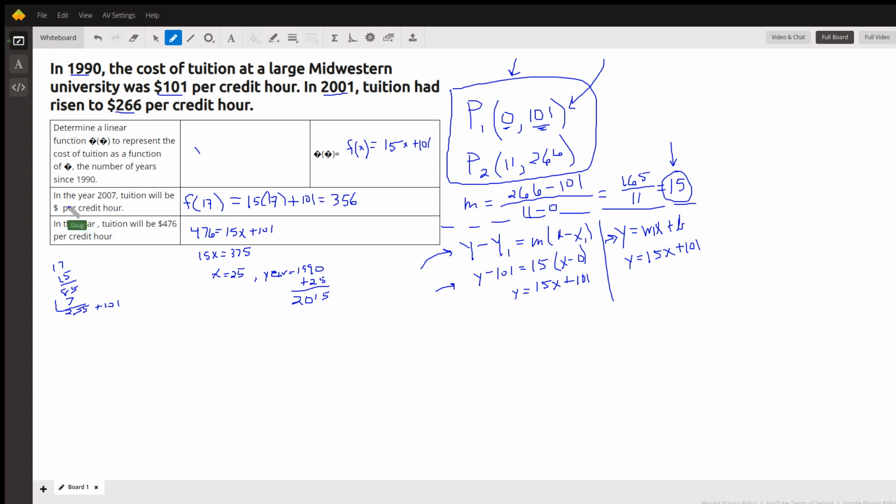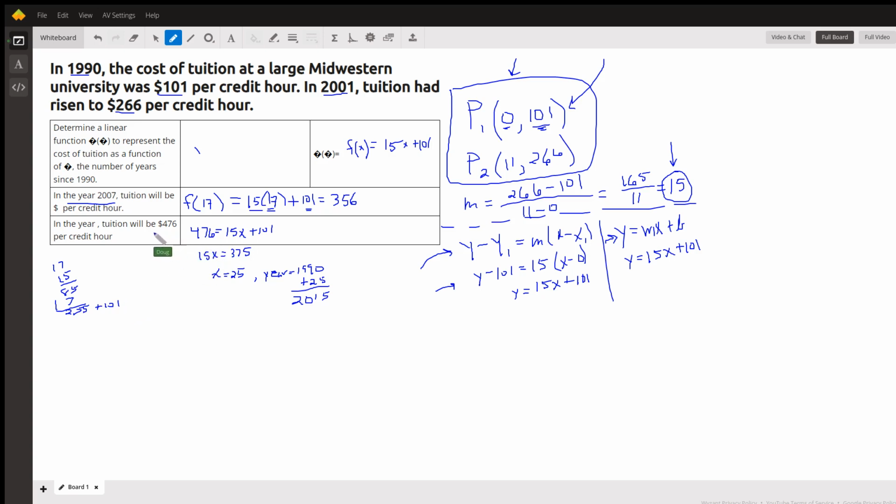And if you want to find what the tuition was in 2007, that's 17 years since 1990. So you want to find f of 17. So that's 15 times 17 plus 101. Here's that initial value, 101. And every year since 1990, we're going up by $15. 15 times 17 looks like it's 255. Add on the 101, you get